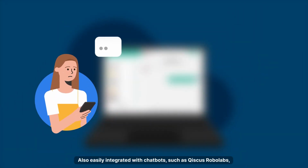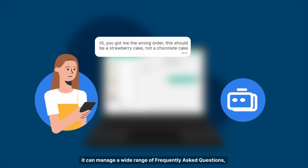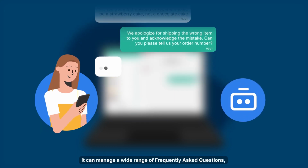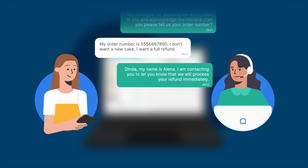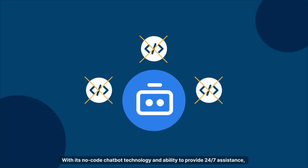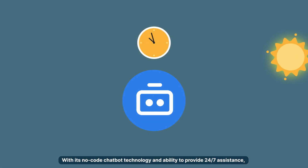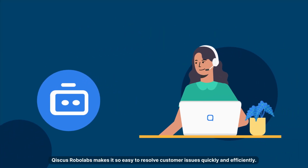Also easily integrated with chatbots, such as Qiscus Robolabs, it can manage a wide range of frequently asked questions, freeing up human agents to focus on more complex issues. With its no-code chatbot technology and ability to provide 24/7 assistance, Qiscus Robolabs makes it so easy to resolve customer